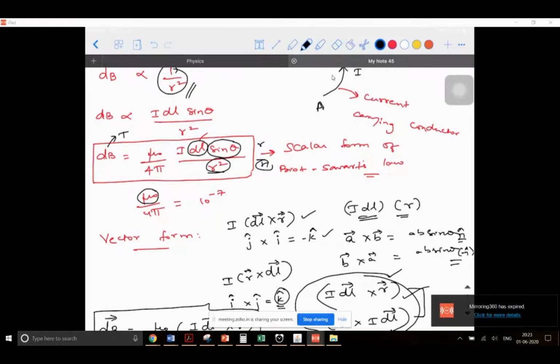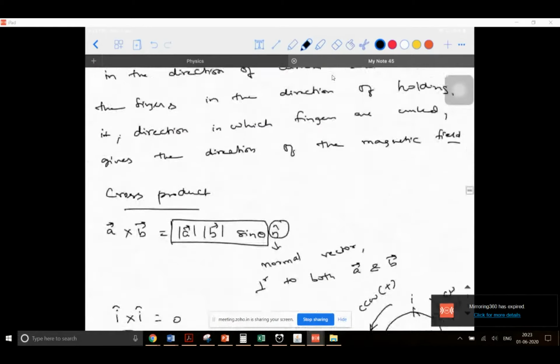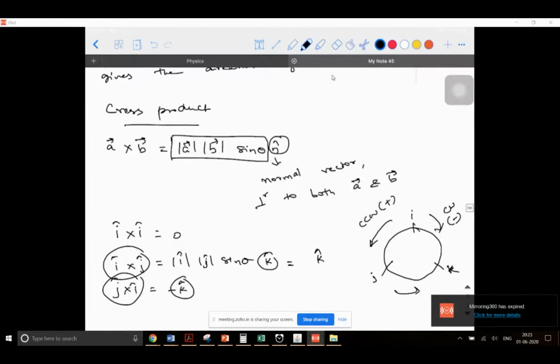Sir, to figure out the I cap, J cap, and K cap which you showed us, can we also use Fleming's left-hand rule? Yeah, that can be used, but Fleming's left-hand rule is used only when you need to calculate the force experienced, when you know two parameters, that is the magnetic field and the current. So you cannot use that here. If current is there and you want to find the magnetic field, where magnetic field is unknown, you have to apply only the right hand thumb rule. Whereas if you have current and magnetic field, then you can apply Fleming's left hand rule.